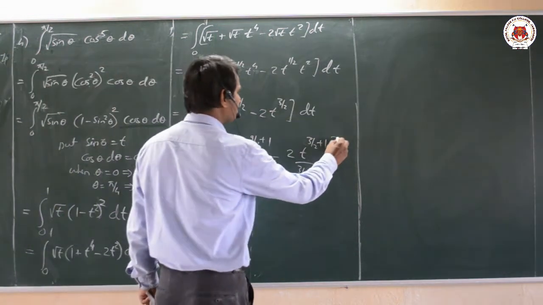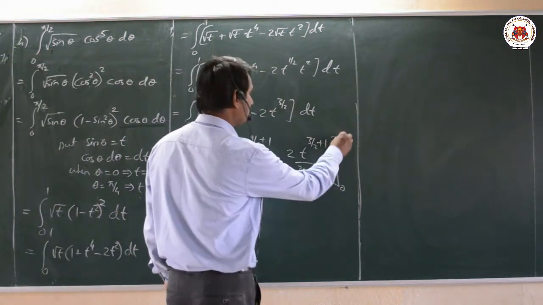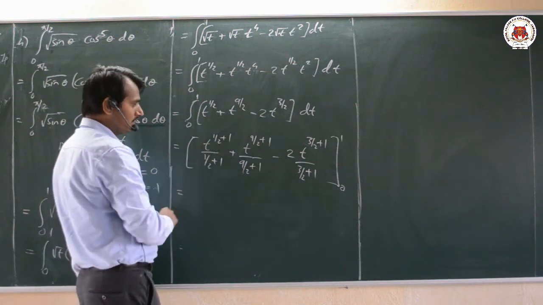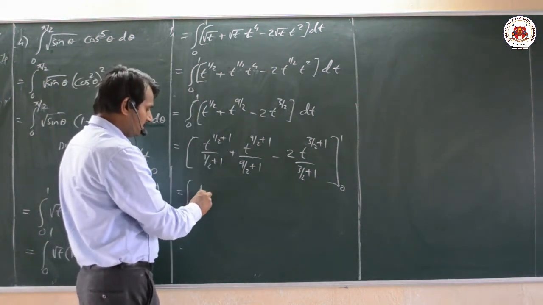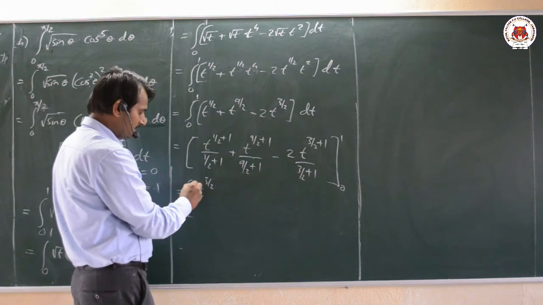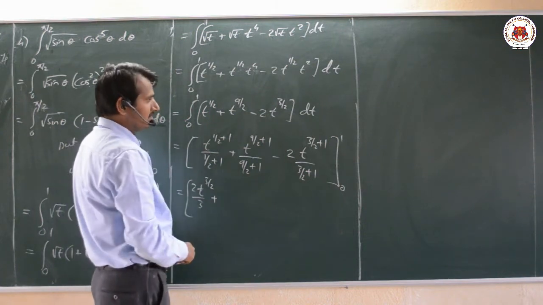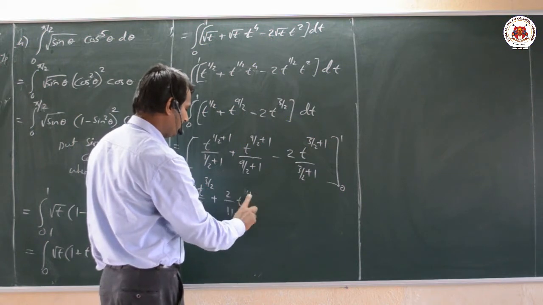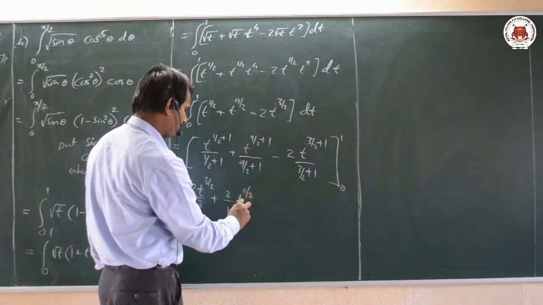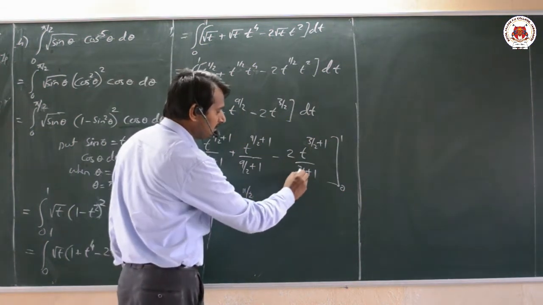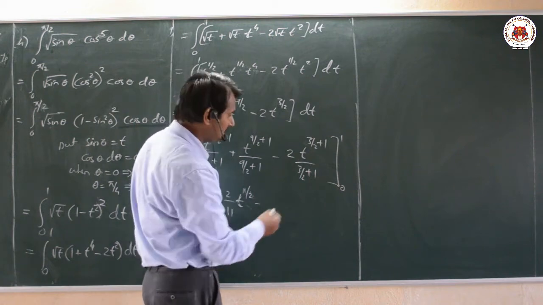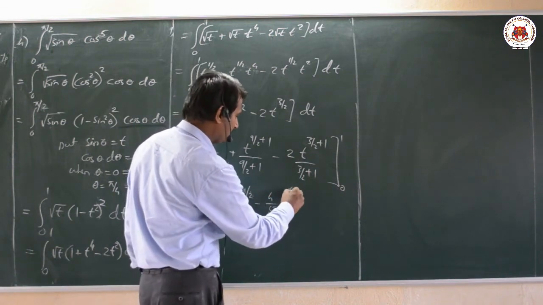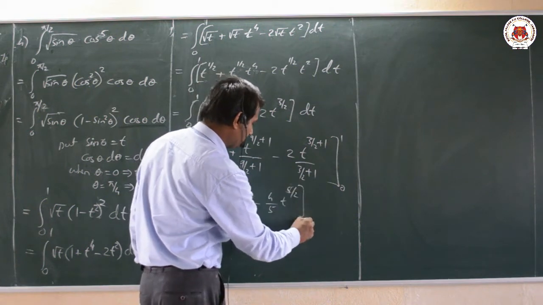Now here what we have to substitute is the limits. What is the limit? 0 to 1 here. Substitute the limits. So what we get here? First of all, t raised to 1 by 2 becomes t raised to 3 by 2, that is 2 by 3. Plus next, 9 by 2 means 11 by 2, so 2 by 11, t raised to 11 by 2. Then minus, 2 by 3 plus 1 is nothing but 5 by 2, so we get 4 by 5, t raised to 5 by 2, between the limits 0 to 1 here.